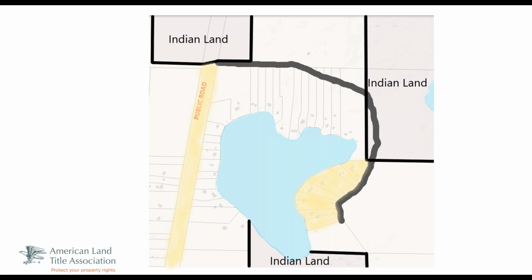Then, the way this kind of reverse C goes, you've got in the southeast corner of the lake the lots highlighted in yellow. You see a road that goes across non-Indian land, because we have the Indian land labeled, but then takes a turn, goes northwest across the corner of Indian-owned land,